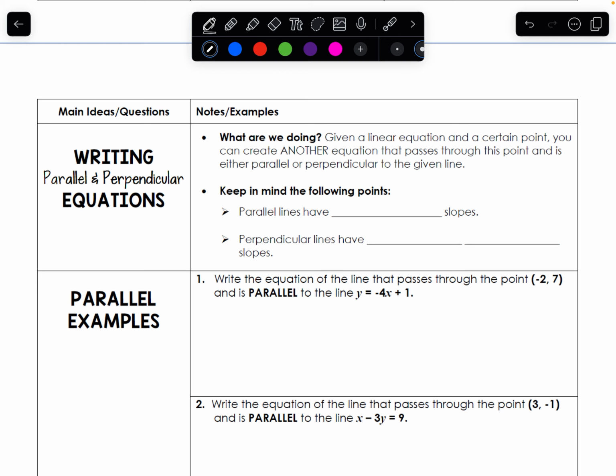Now from here, we've talked about how to figure out if they're parallel and perpendicular, but now we have to write those equations. So just thinking about that, parallel lines have the same slopes, and perpendicular lines have opposite reciprocal or negative reciprocal slopes. I like the word opposite because opposites are like positive and negative, right? We're not thinking necessarily negative reciprocals all the time. But if we think about that,